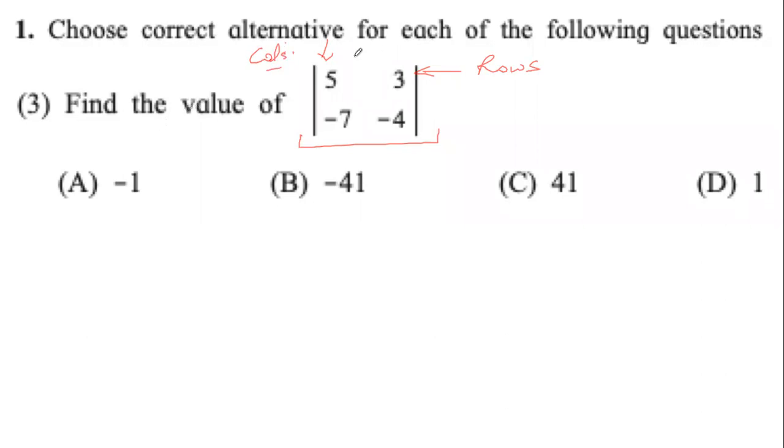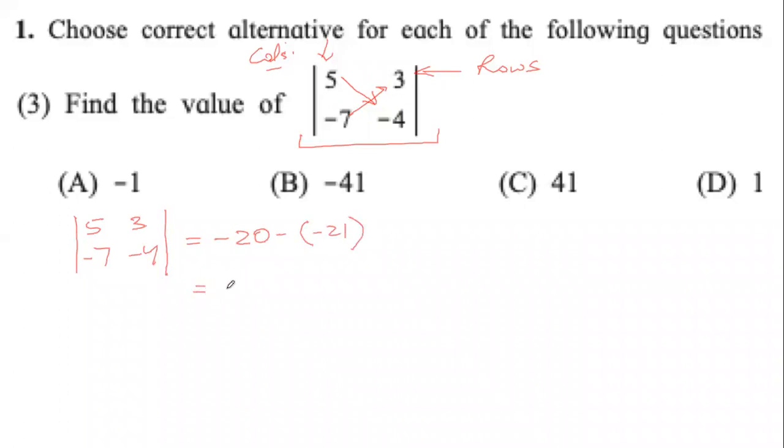And the way to solve it is, first we multiply 5 and minus 4. Then we multiply minus 7 and 3. And then we subtract. So the answer to this question should be written like this. We start with the given determinant. And then we will say this is equal to 5 into minus 4. We can directly write 5 into minus 4 is minus 20. Then we have to subtract what? 3 into minus 7, which is minus 21.